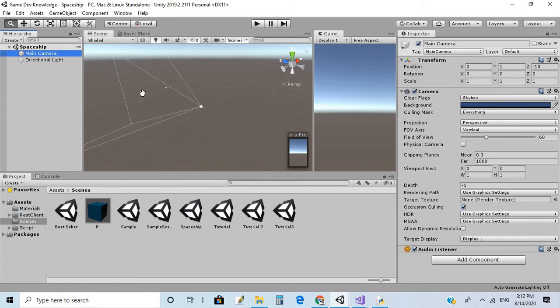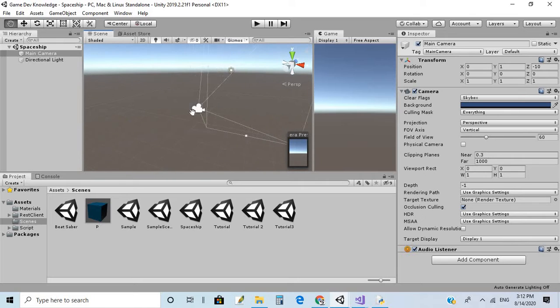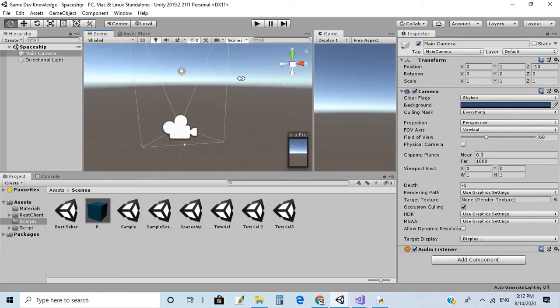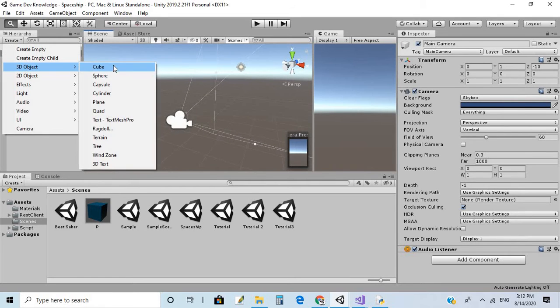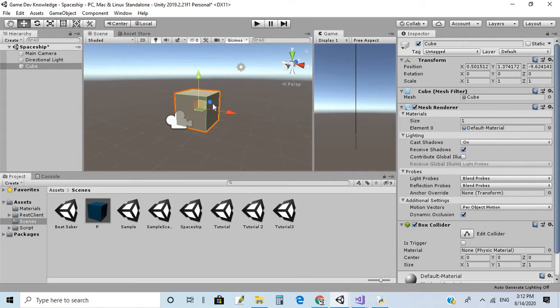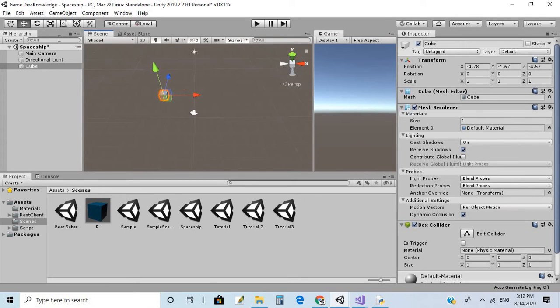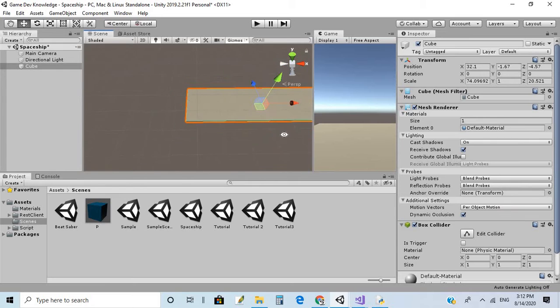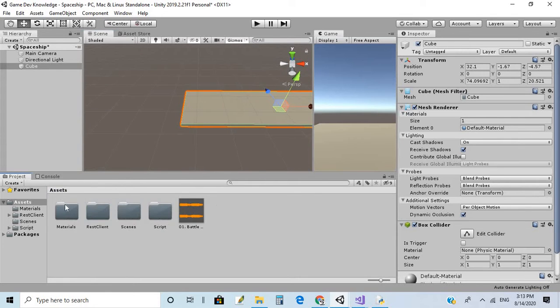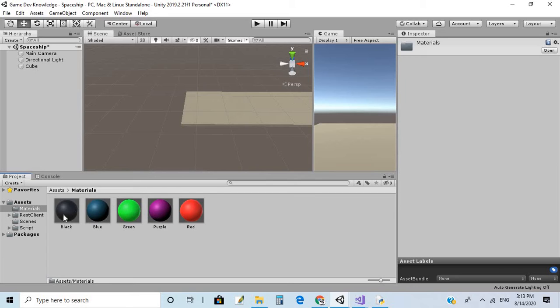So there's the main camera here. Okay. There's a very important thing to do when you start. For example, you have to create a 3D object, a cube, and then you, so guys, copy me exactly what I'm doing. I put the cube down, and then I make it stretchy with this scale tool. For example, I make it until here. Now, wonderful. Make it until here. That's good. And you can change the material to